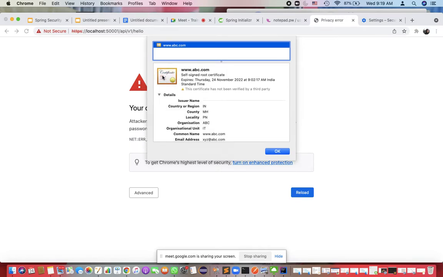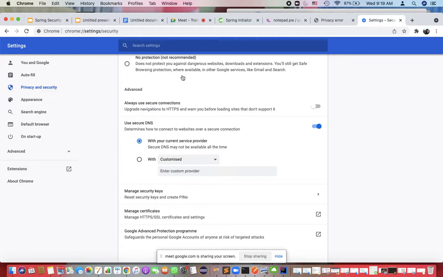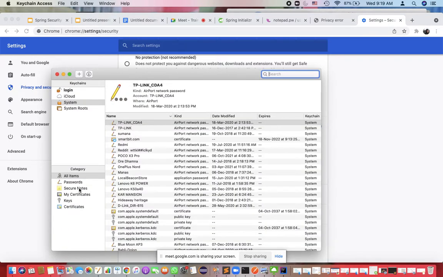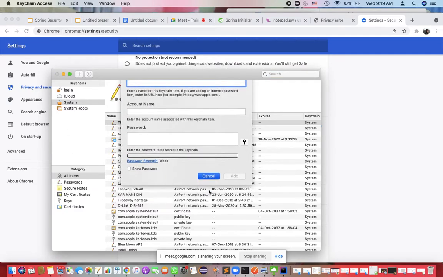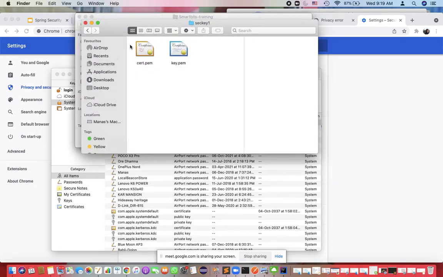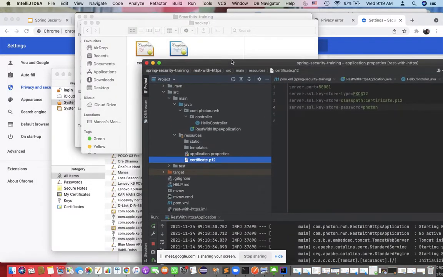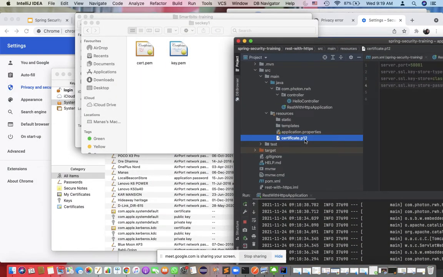Just a minute. I think I have the certificate. Let me go inside the manage certificates. Oh sorry, I shifted the certificate from here. कॉपी नहीं किया, सीधा उड़ा दिया यहाँ से.